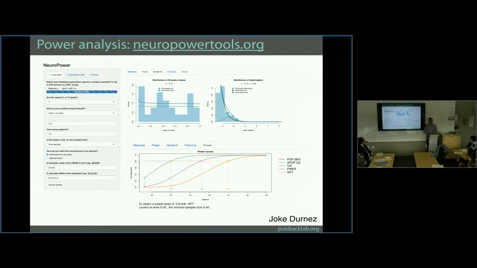Basically, it's a toolbox for doing power analysis for fMRI data. Now, it's still pretty limited. In particular, we can't quite do power analysis for the kinds of analyses that most people actually do. We can do them for region of interest analyses, which some people do, but the really hard part is doing power analysis for whole brain cluster corrected analyses, which are what most people publish.